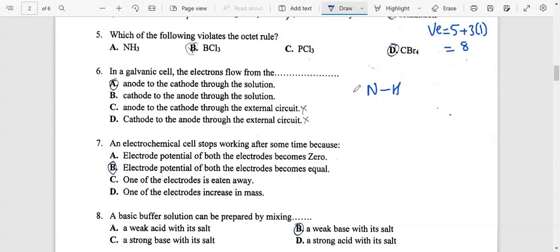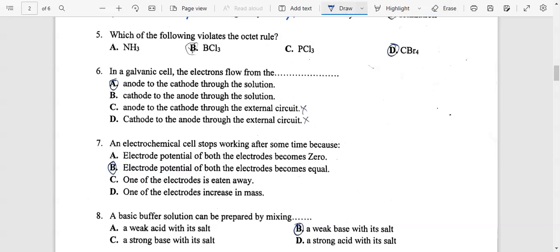We have got 3 hydrogens. I'm going to put one this side, one this side, one this side. And then each bond that you're able to see has taken in 2 electrons. There are 3 bonds, meaning 6 electrons have been taken. From the 8, there are remaining 2 electrons, and obviously those are going to come on the nitrogen. So nitrogen has got 8 electrons in that shell: 2, 4, 6, 8. And each hydrogen has 2 electrons in that shell. So that is for this one. And then if we get to go to the next one,